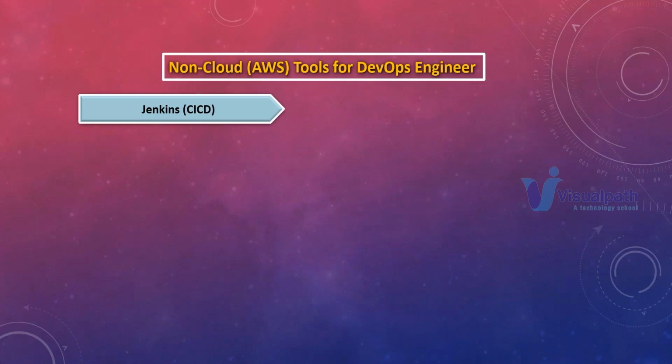So what are the tools that we have to learn? One is Jenkins, which is a CI/CD tool. Does anyone know what CI/CD is? The full form at least? Continuous integration, continuous delivery or deployment. For example, every company will develop a software, right? Software development lifecycle. We call it SDLC.